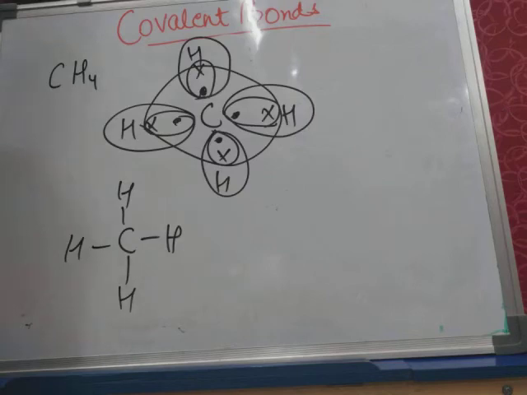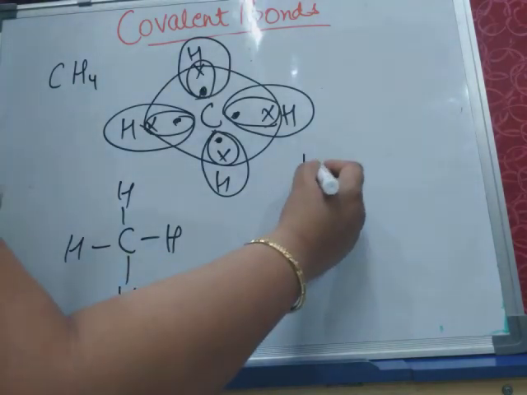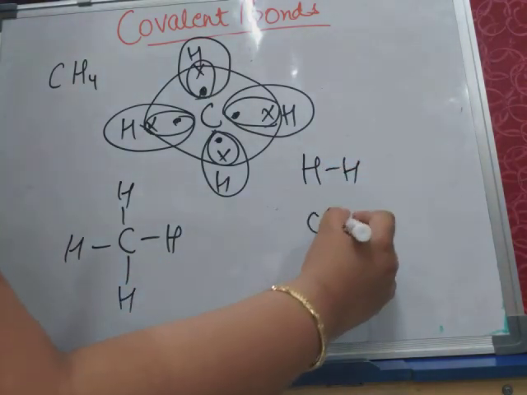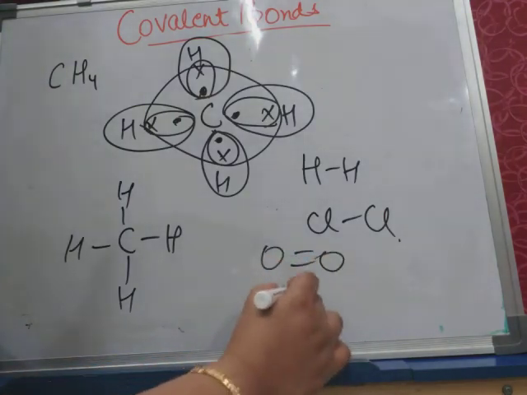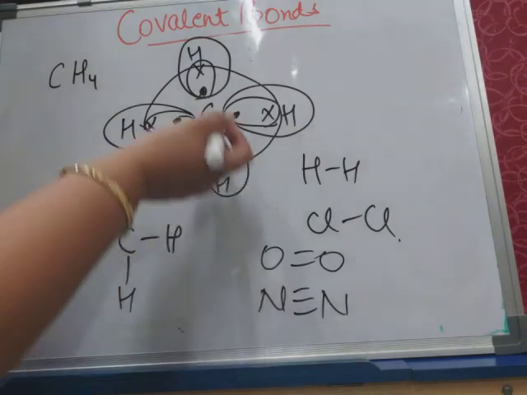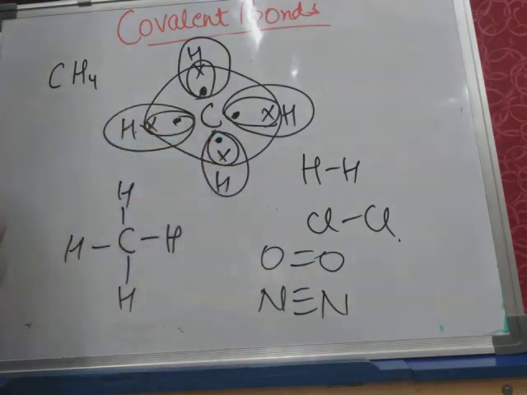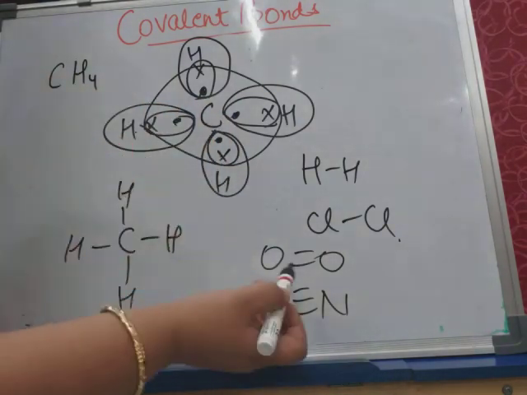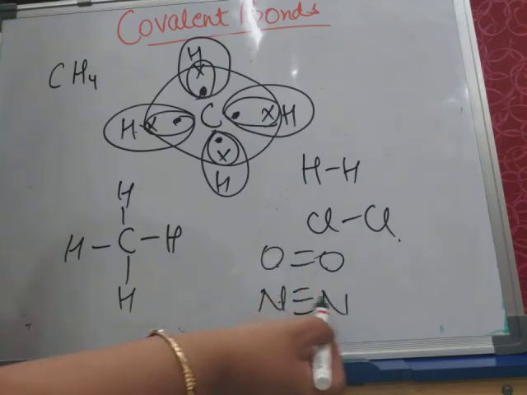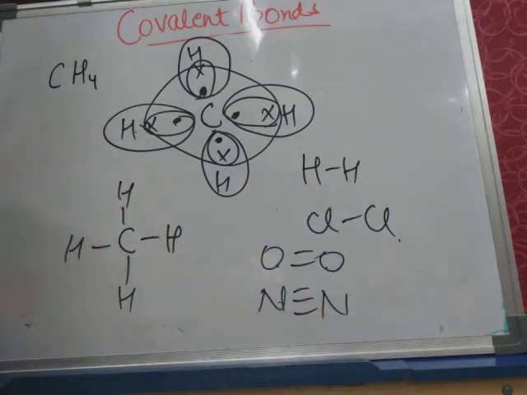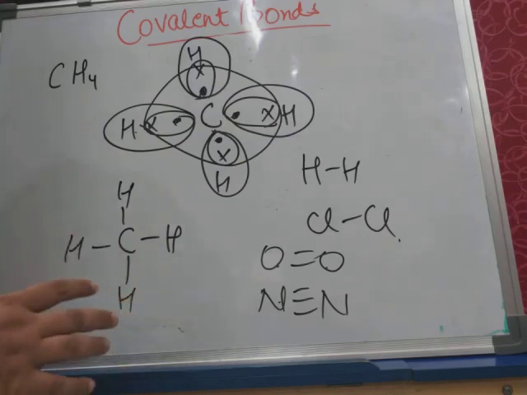So here what we have studied is that if the bond is forming between 2 non-metal atoms, then it is a covalent bond. If the bond is formed between different types of non-metal atoms, then too it will be a covalent bond. And if similar types of 2 non-metal atoms are present, oxygen with oxygen, nitrogen with nitrogen, chlorine with chlorine, if such bonds are formed, then too the bonds will be covalent bonds, which are formed by sharing of electrons. So this was all about this chapter,